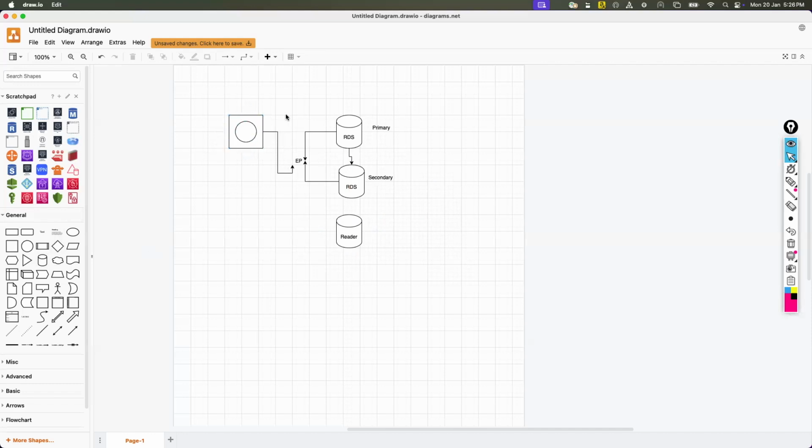What's that? Reader. So in your application class, let's say you are using C#, .NET or Java, whatever the application, in the class, all you need to define is that all of my select queries can go to the reader, okay? And all of my write queries can go to my writer. So now you have segregated the entire load to different databases. How amazing is this, right? And even if you write something, if you update something, that data will also be synchronized with this reader. That means if you update something, that data is definitely here.